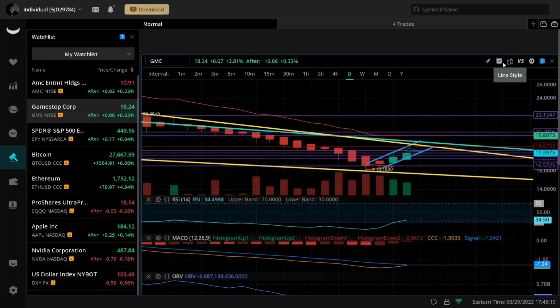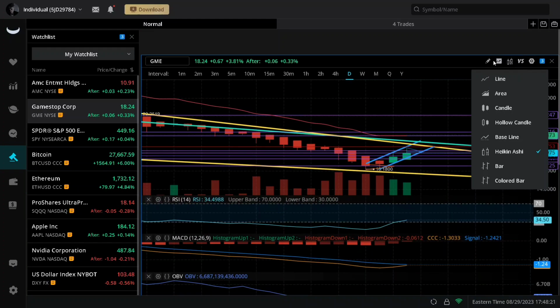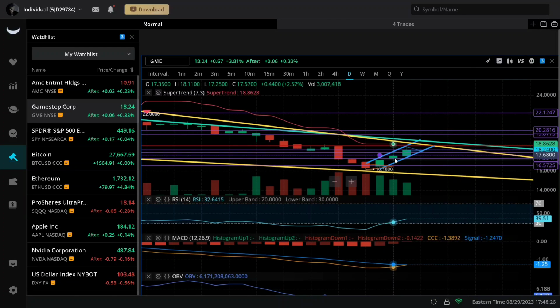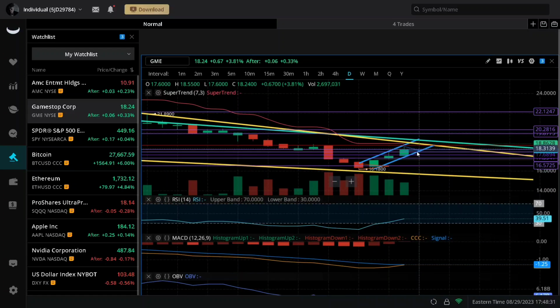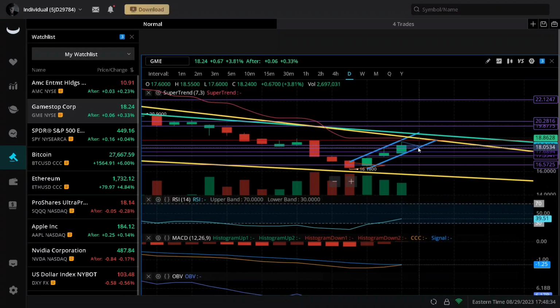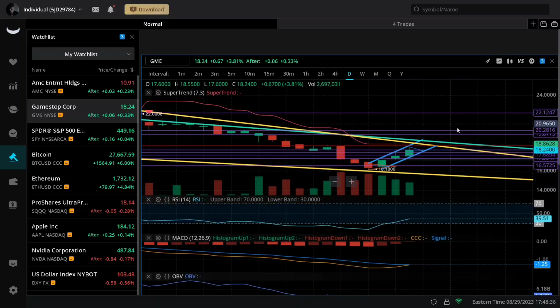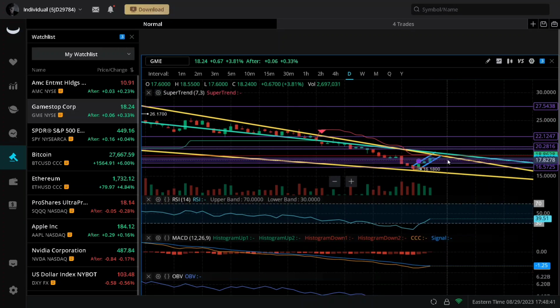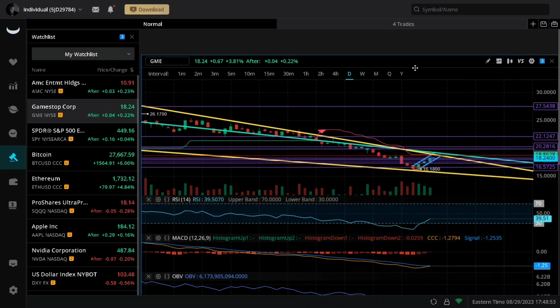Right now, I have Heikin-Ashi style candles on, so we'll go ahead and show you the regular candles. But basically, we've had 3 days of green for GME. So we might have one red day tomorrow as it consolidates and then gets a push up. But I do think GME is going to be at about $25 to $30 in about a week's time, maybe even 2 weeks' time at the max. But I do think here in the very near future, we're going to be seeing GME at least $40, probably in about a month's time, not financial advice.